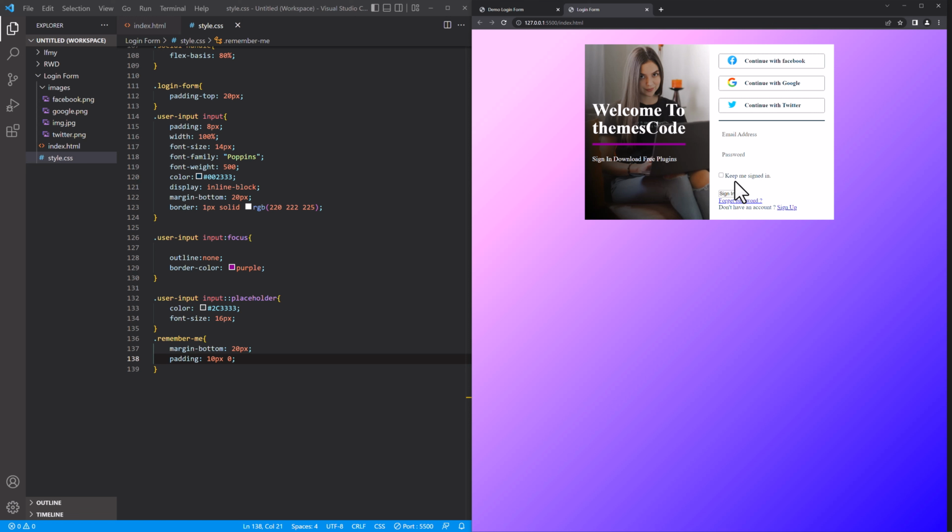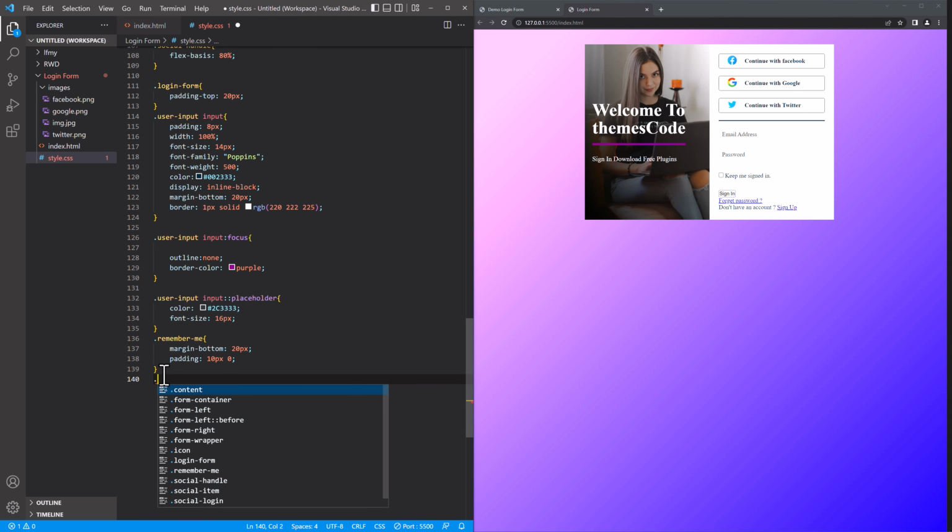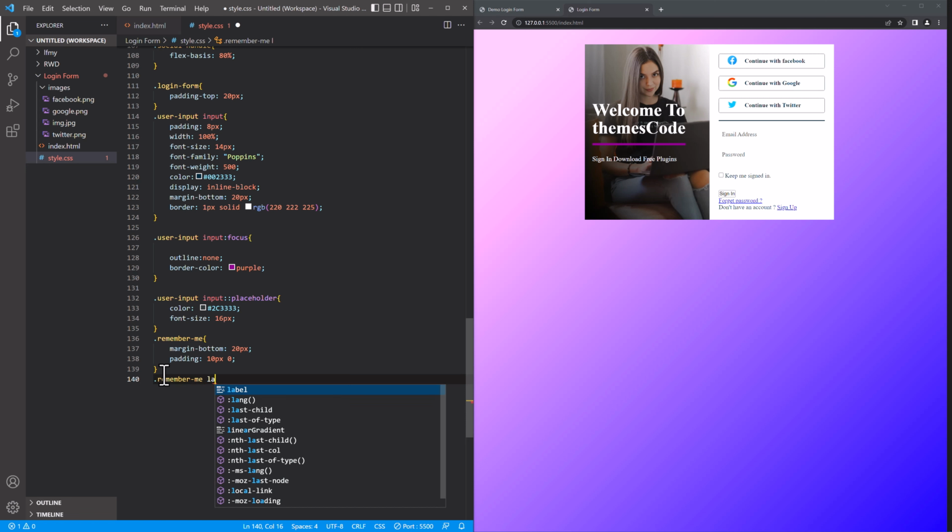Now here you can see the text keep me sign in. Let's style it. Okay, so remember me and label display